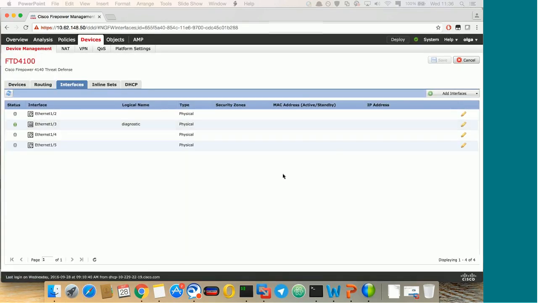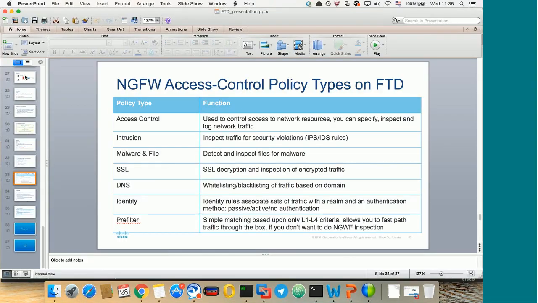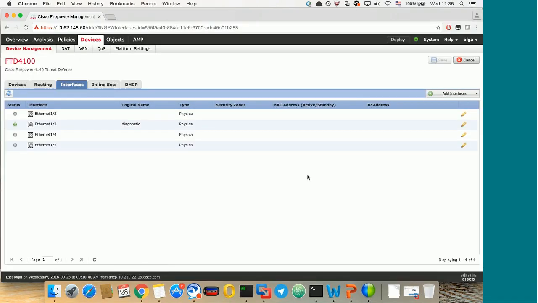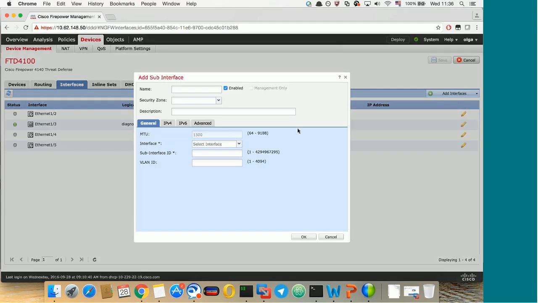And here we will configure sub-interfaces. Let me show you the topology one more time. So we will configure sub-interfaces for the Inside and DMZ interfaces. For this, we're clicking on the Add Interfaces sub-interface button. So here we're giving it a name, selecting the interface, enabling it,